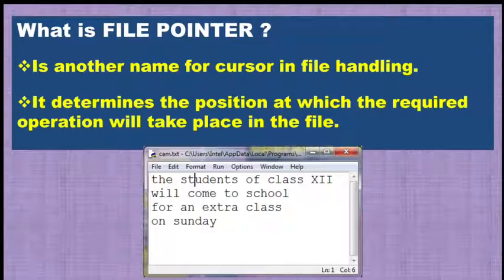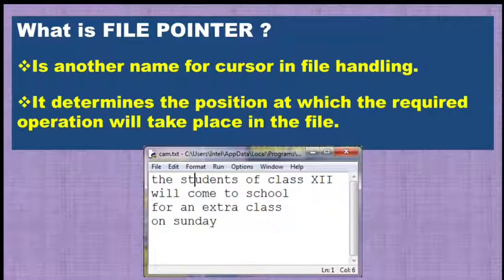File pointer is another name for cursor in file handling. You know that whenever you work with a file, whether it is a text file or a Notepad file or an MS Word file, you must have seen a blinking cursor in that file.